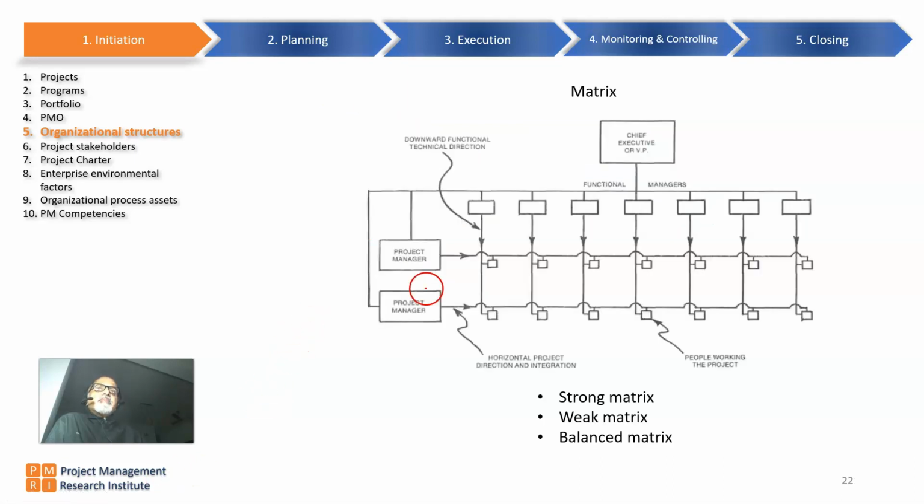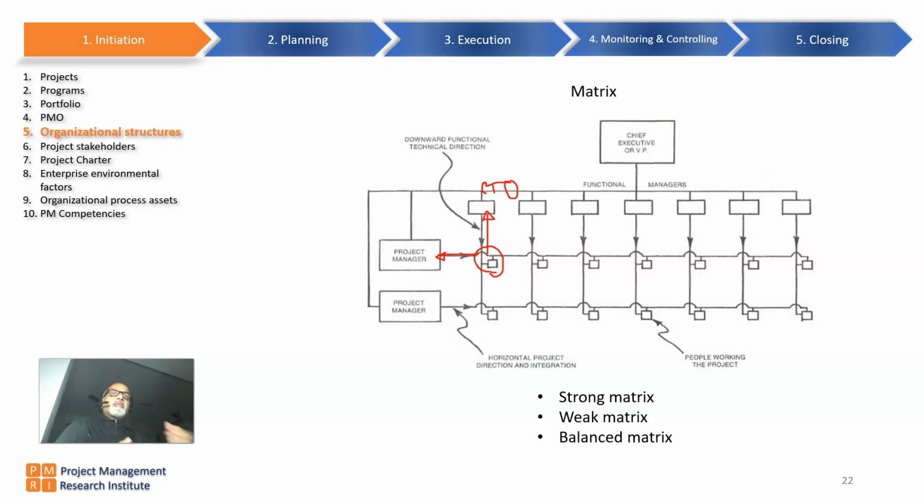Then we have this matrix kind of an organization structure. Here every team member will have a kind of dual reporting. That means for the project related things, this person will report here, as well as for the function related things, that person may report here. So most of the engineering teams may have this kind of an approach, because for the project related things, engineers will report to the project manager. At the same time, for technology related things, they may report to the CTO or Chief Technology Officer.